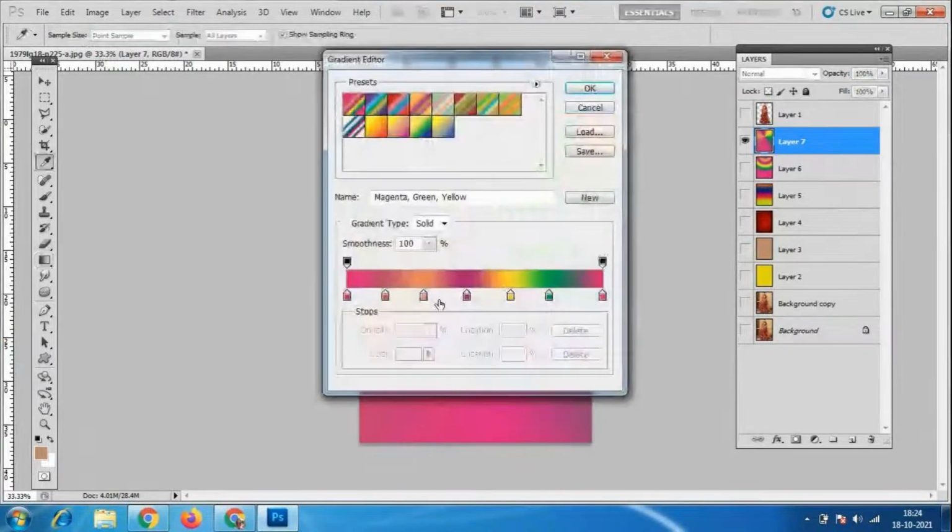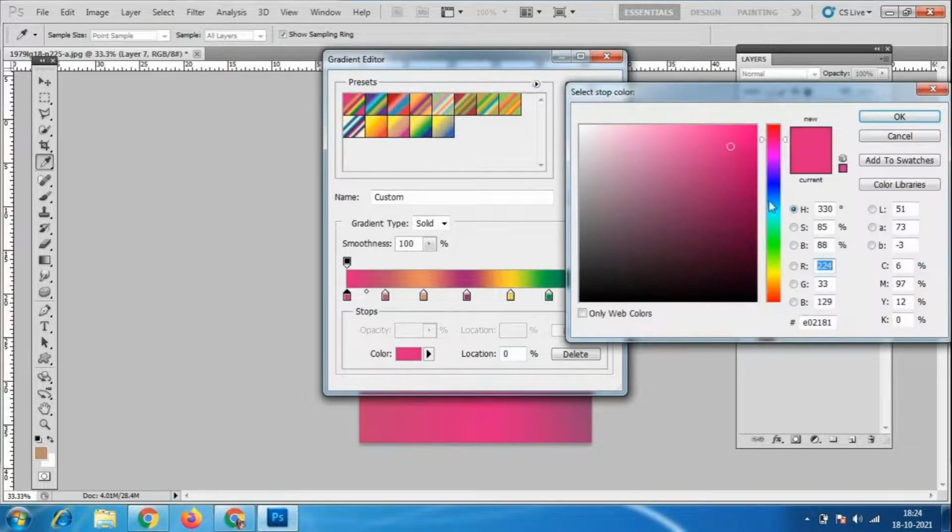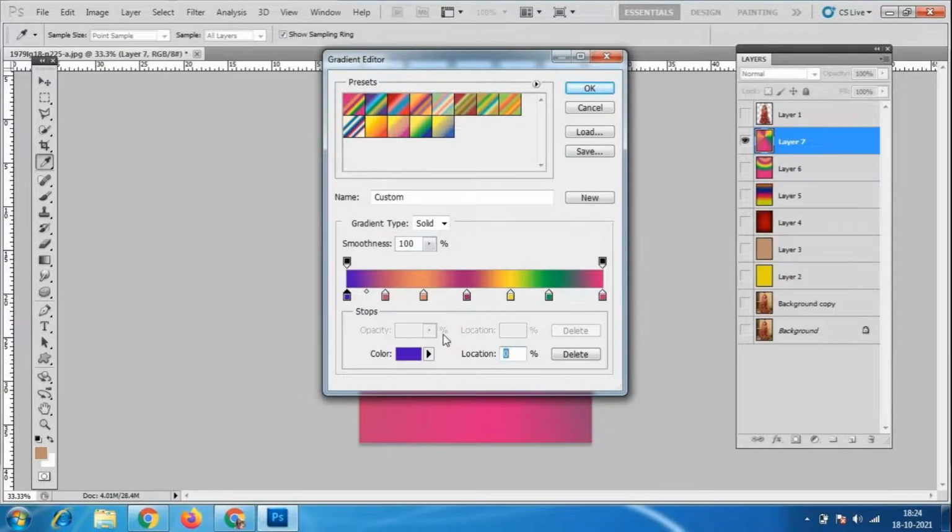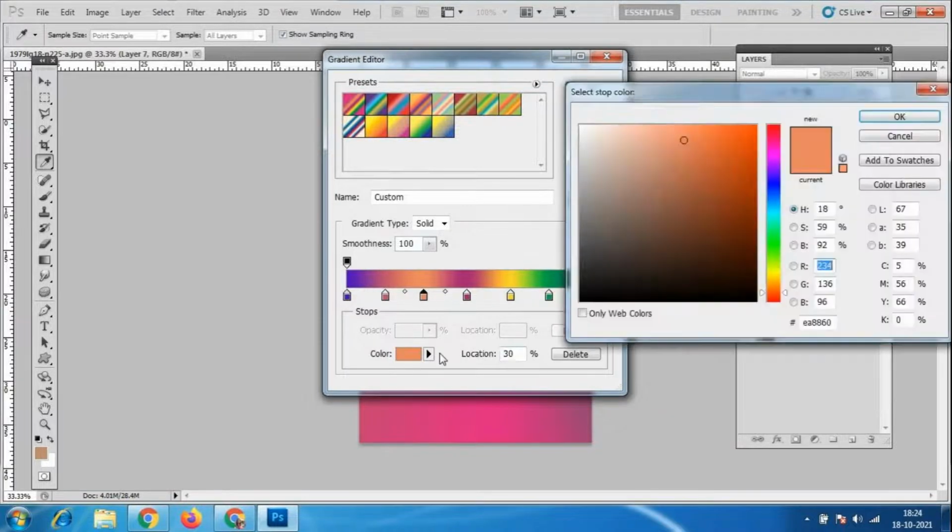See, I already have the colors I have taken. These are how it is created, with these many colors. To change the color, you have to select like this and change it. You can customize the colors over here.